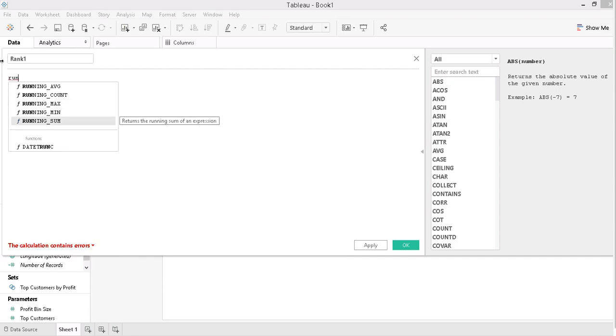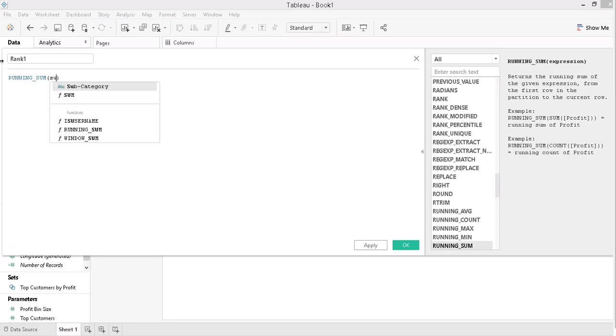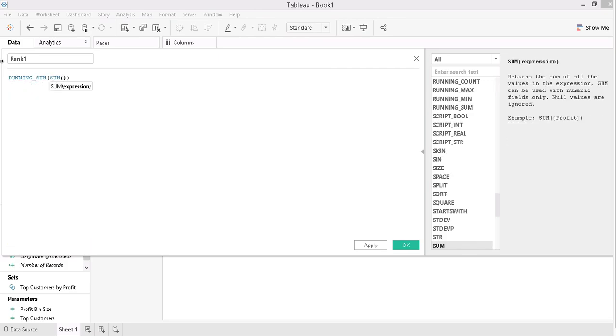So running sum, and then sum of number of records. I choose number of records because I want to show how many items from region are transferred to the category, or how many items in this category went into a different region. So that's the reason I choose number of records here, and then divide it by the total